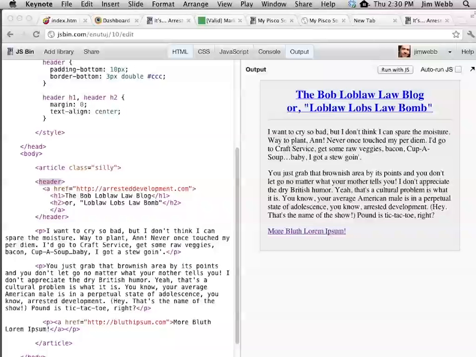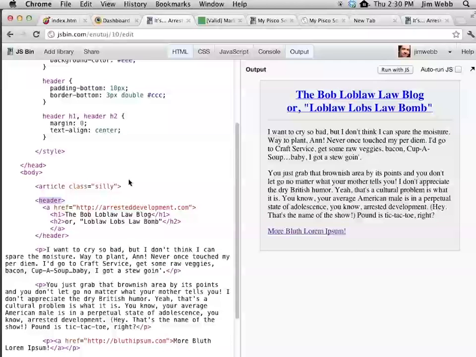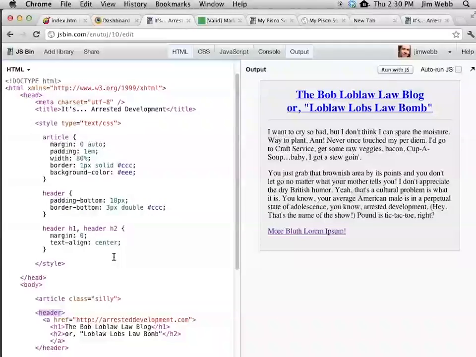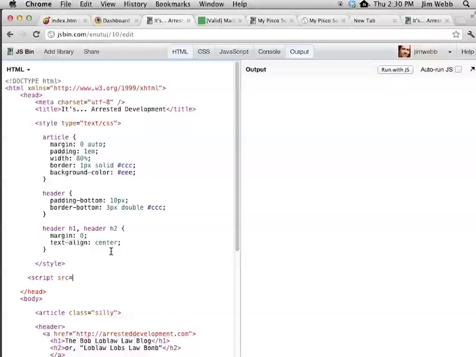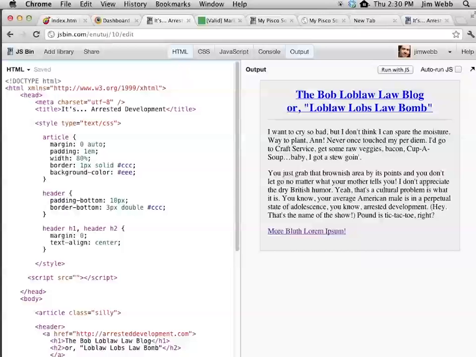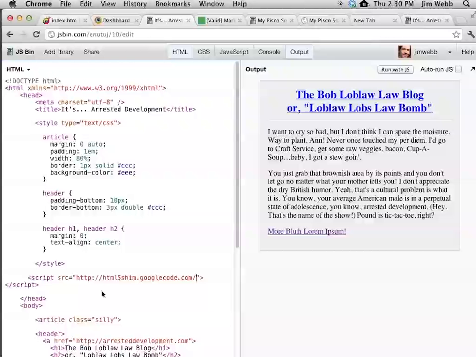Let's see this in action. So here I've got my HTML5 code. I'm going to add a JavaScript here. This JavaScript happens to be hosted on the internet on a content delivery network. So over here in my other browser, I've got the address for the HTML5 shim. Let's use that example. HTML5 shim, Google Code, SVN trunk,